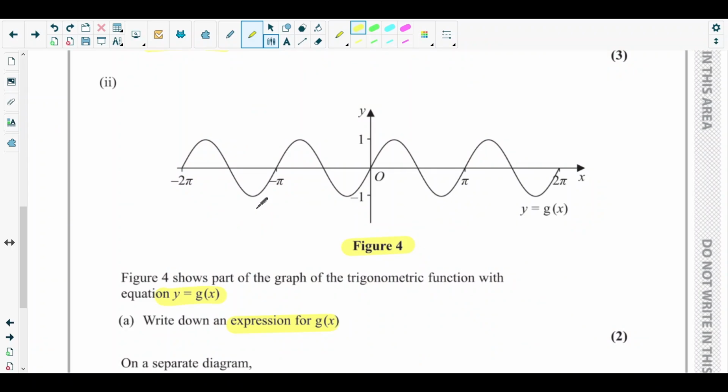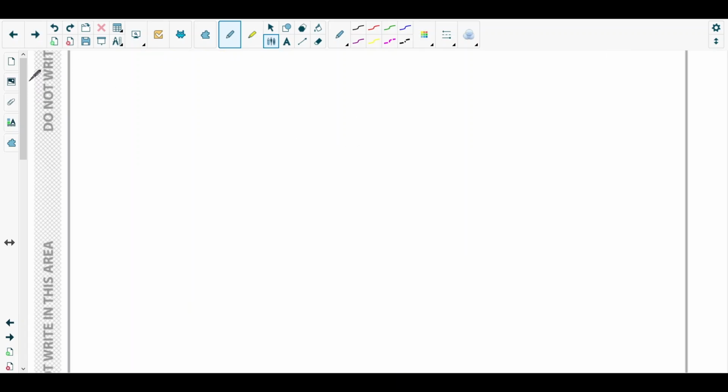Since the x coordinates are getting multiplied by half, we need to multiply by 2 within the bracket of the function. Since we could figure out that this is the curve for sine x, the equation for this curve would be